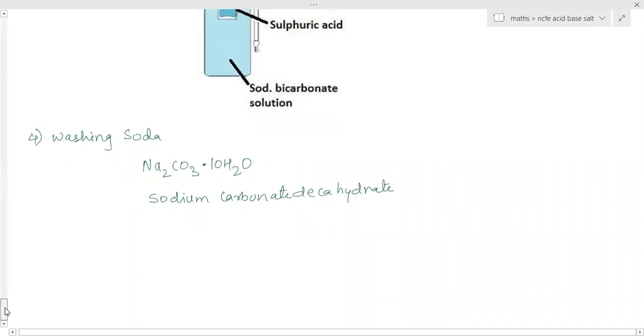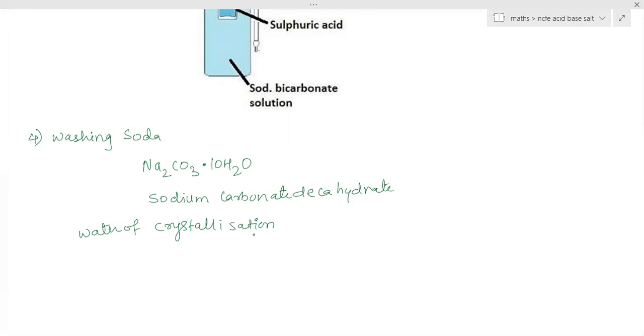These number of water molecules surround one molecule of sodium carbonate, which makes its crystal, converting it into crystal form. This water is called water of crystallization. Due to the presence of these many water molecules along with one molecule of sodium carbonate, it gets its crystal structure. Ten molecules are required for one molecule of sodium carbonate to make it crystal.